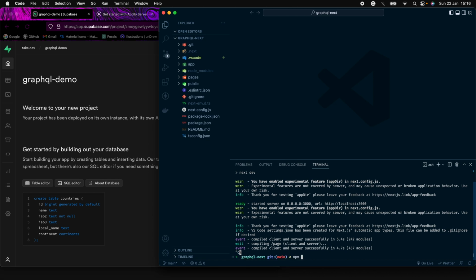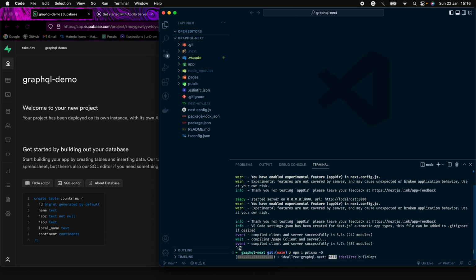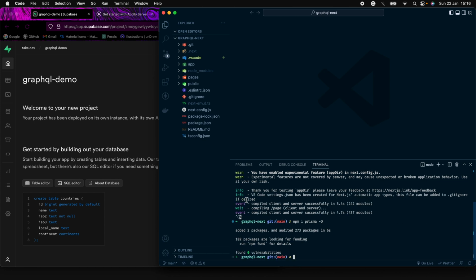install Prisma. So npm i prisma. This is for the CLI. We'll install it as a development dependency. Hit enter. Once that's done, let's initiate it with